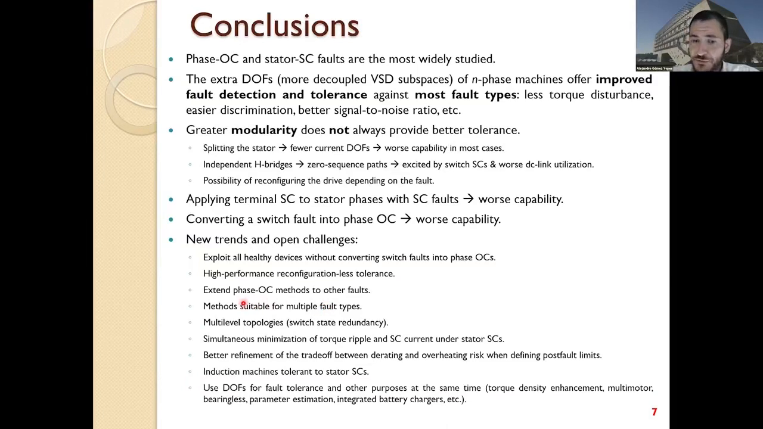Also, we have mentioned that it would be good to keep investigating the tolerance of multi-level topologies, exploiting the switch state redundancy, which is not really done in most of the papers, to try to achieve simultaneous minimization of the short-circuit current and the torque ripple in case of stator short-circuits,